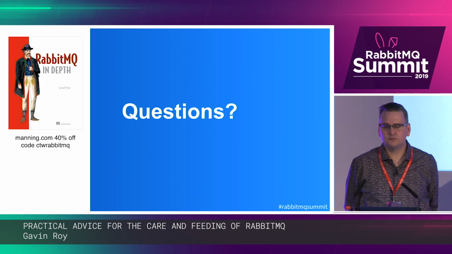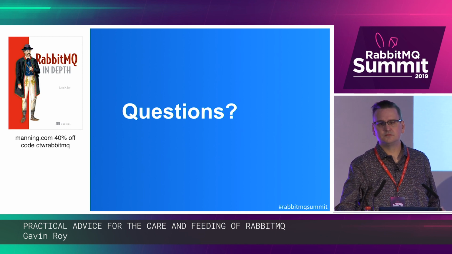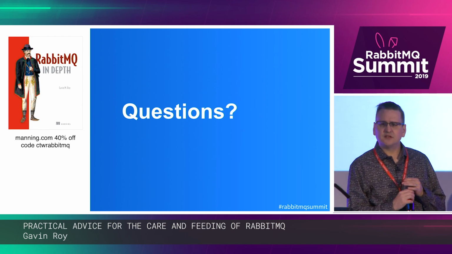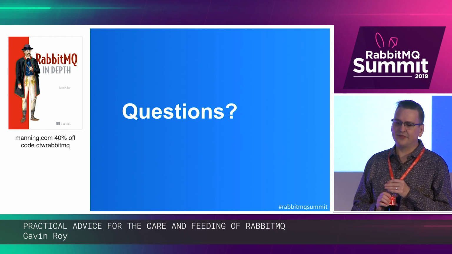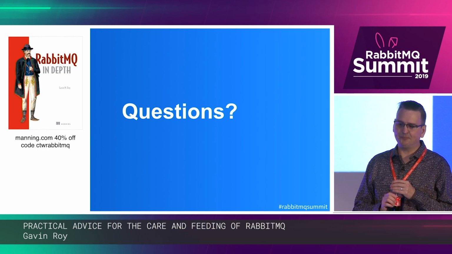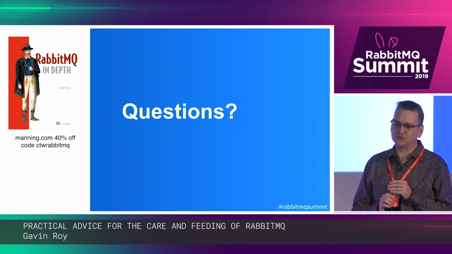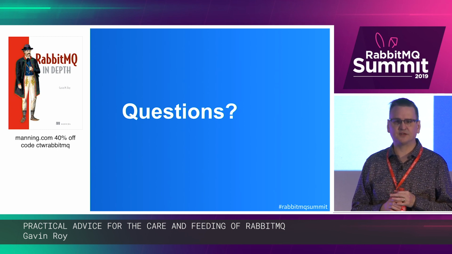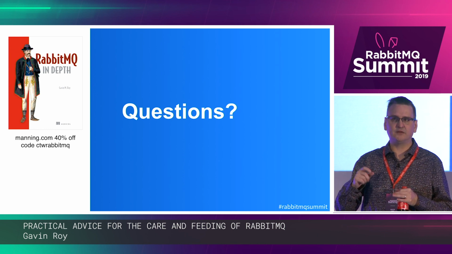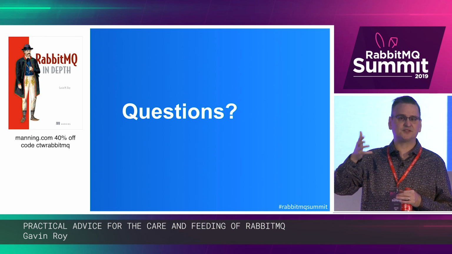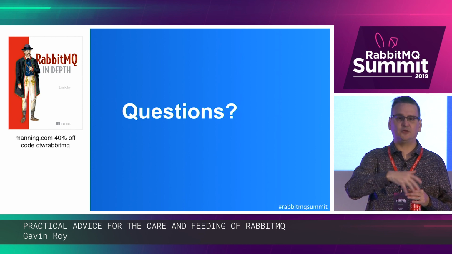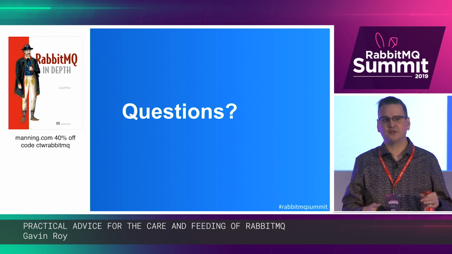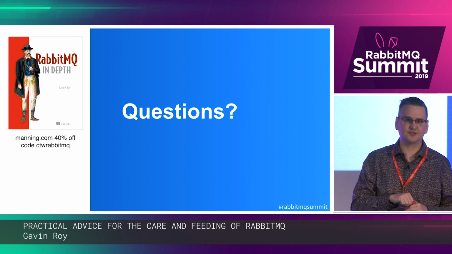What is an optimal way to balance out the queues in an HA cluster? There are a couple applications out there that do that. I'm totally blanking on at least one of the names. I wrote a Python script to do that. I think it's called RMQ cluster rebalance, but there are a number of tools that do this, which basically provide a way, using the built-in policies within Rabbit, to move the primary queue from one node to another and take into account the number of queues and figure out what the optimal strategy is.